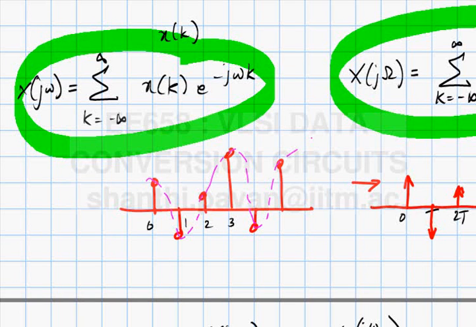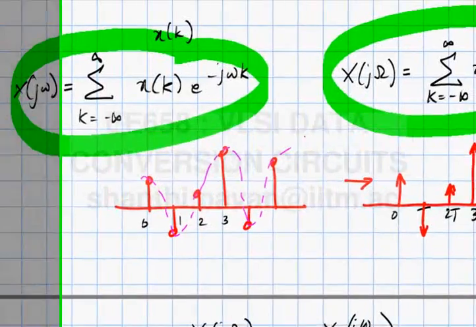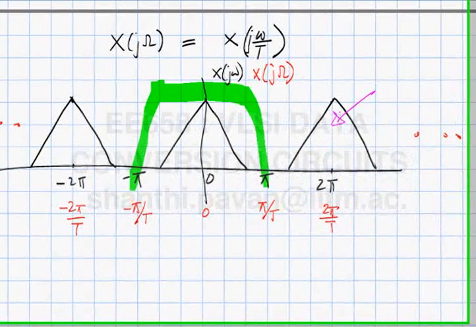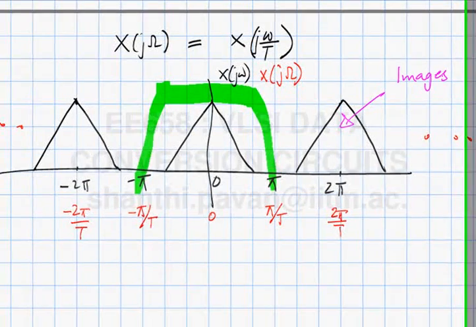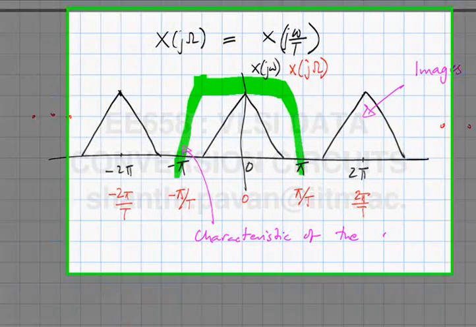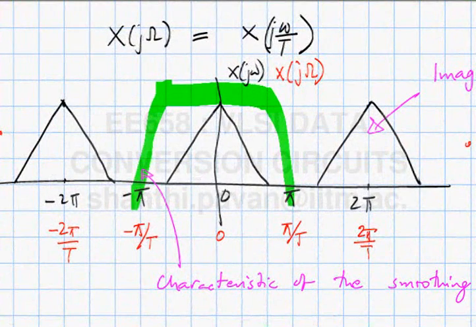Okay, so what is that? It is a smooth version of that impulse train, correct? And smoothing is nothing but filtering. So the bottom line is you need what is called a smoothing filter at the output of the DAC to get rid of all these aliases, images. So this is the characteristic of the smoothing filter. The larger the bandwidth of the discrete time signal when compared to pi, you see that the smoothing filter must become